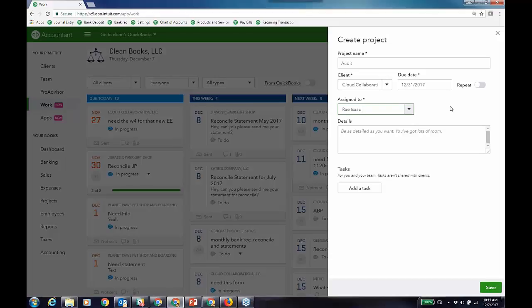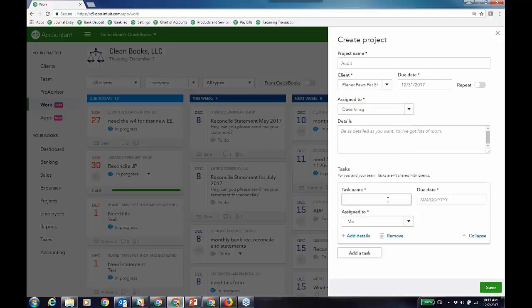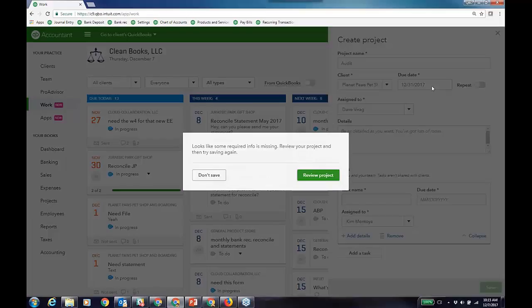But as long as they're assigned to, and they have the ability to access certain clients, then you can assign all your staff, right? So for example, I have this client. Most of us see this, so I can assign it to, we'll give it to Dave. He's going to start the audit, and I can add subtasks and assign them to different people within the firm. Like Kim will do this part of the audit or the reporting or the cleanup or the investigation or whatever. And you can choose due dates, status, as well as make things repetitive. And it just adds it to your